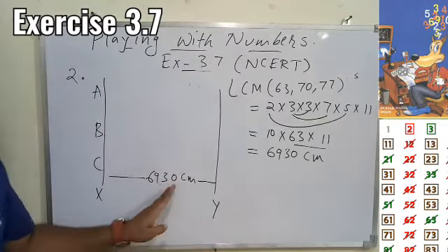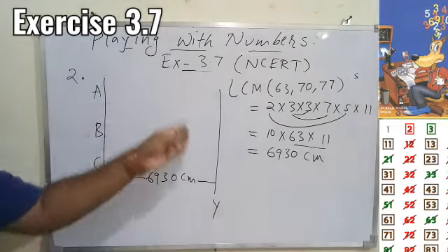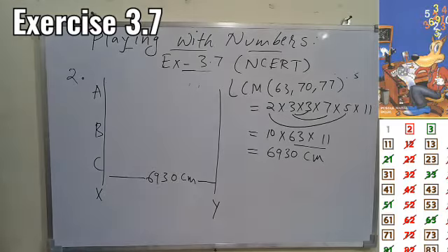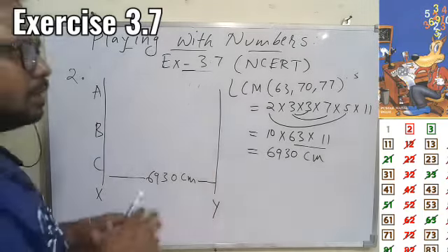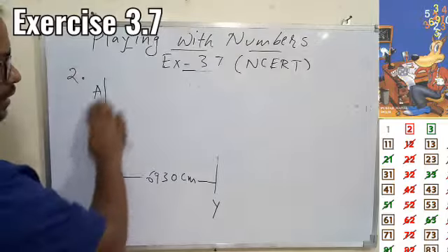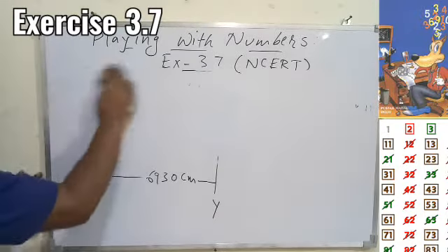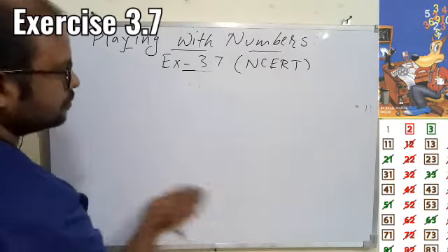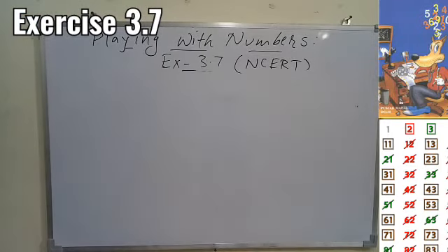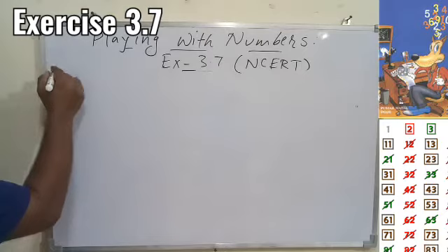Why? Before 6930 centimeter there is no common line for all the three where they will put their steps. That is the meaning of this question, and the solution is done. So overall we found the minimum distance common to all, which is nothing but the multiples of all the three, that is LCM. Now going for question number 4,